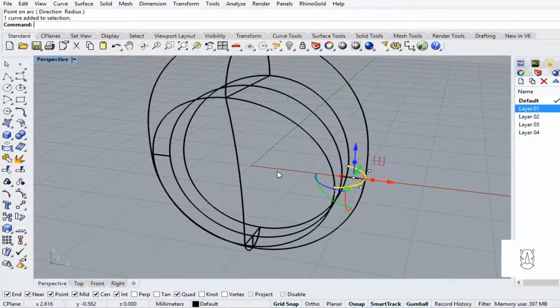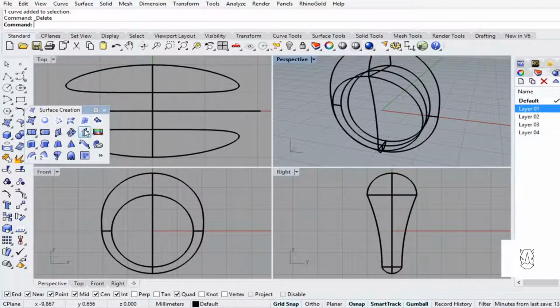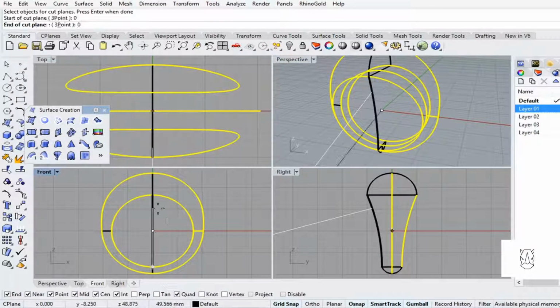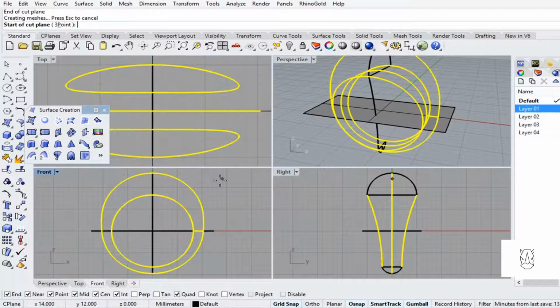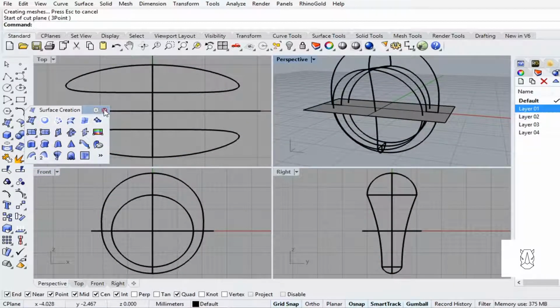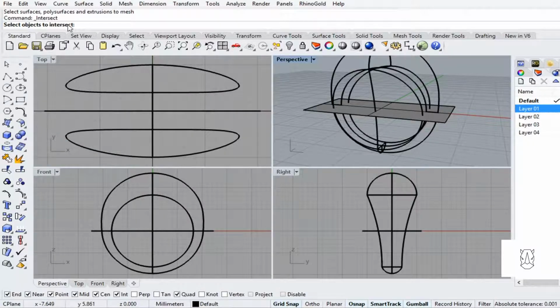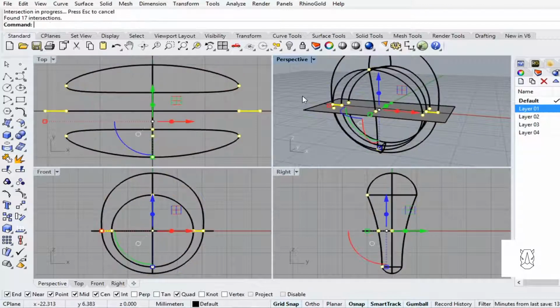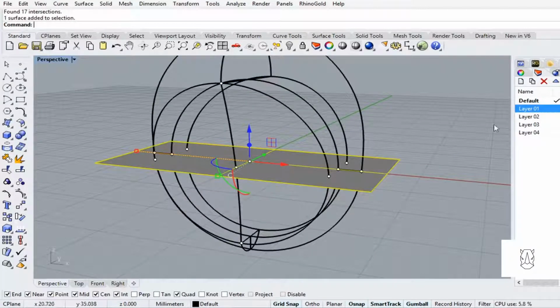But if you have a more complicated shape, you have to use cutting plane. It's under surface creation, cutting plane, and then select your object, enter. Start is always 0 point and end is one of the sides, it doesn't matter. Once you're done, you have to find the intersection between these two objects, curves and your plane. So select object to intersect, select this, you find the intersection. It will show the intersection by points. I'm gonna delete this plane